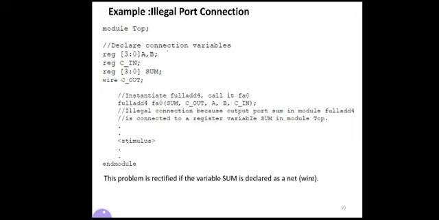To understand in a better way, go through that figure again, the port connection rules, in which input, output and inout, how they are connected, just observe. Which is internal to the module and which is external to the module. Here the module top is an external module. For connecting output to the external module, the rule says that it can only be a net. Output must always be connected to a net, but we have connected the output, that is sum, to the reg here. That's why it is illegal.